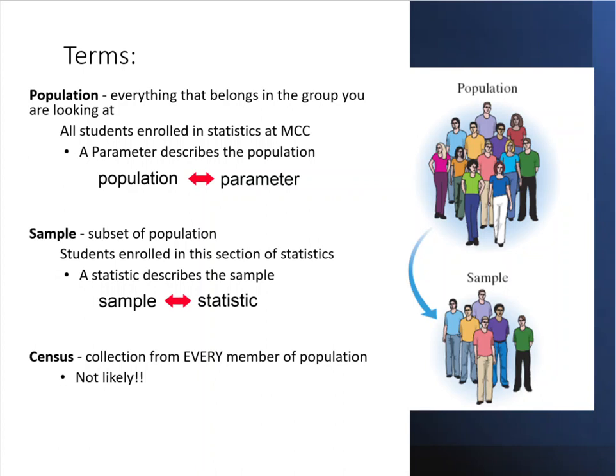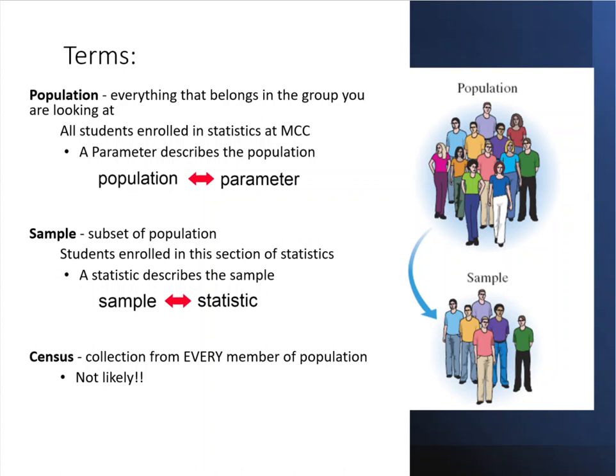Hopefully you see that if I was to go out and collect information from every person in the United States, that's a pretty labor-intensive process. It's a pretty large process as well. You have to hire people. In fact, they were doing that during the year 2020. The government was hiring people to work for the government to go out and collect the information locally. And so it becomes rather expensive to hire extra people to collect the data. Not only is it expensive and a large undertaking, but it is time consuming as well.